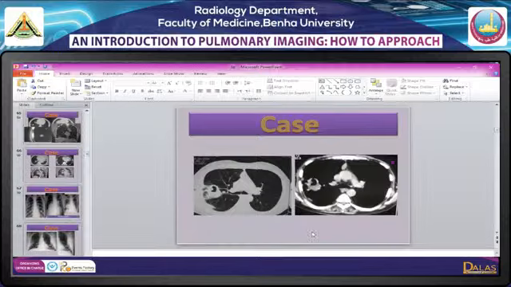طيب ايه السؤال دلوقتي يا باشا؟ Another question, دكتورة يسرية: is there a diagnostic feature for Kaposi sarcoma؟